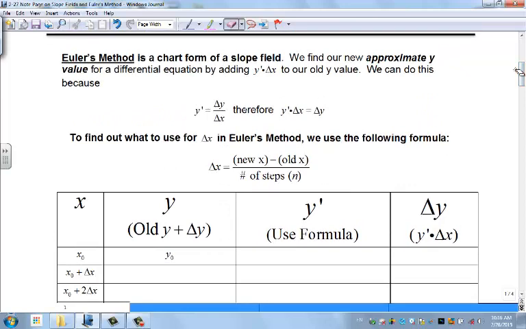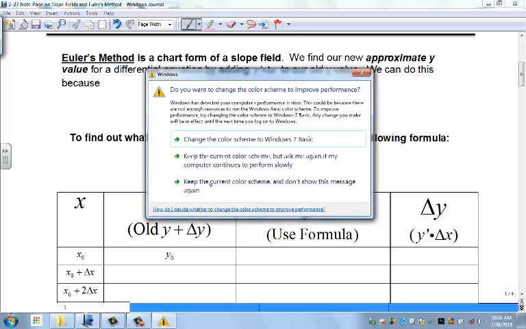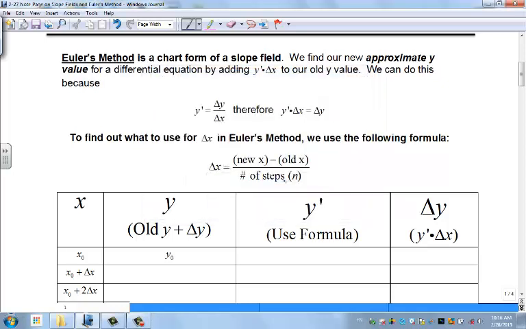Euler's method is a chart form of a slope field. So we find our new approximate y value for a differential equation by adding y prime times delta x. Now we're going to be given a formula for y prime, and we're either going to be given a delta x or we're going to figure out what delta x is based on endpoints and the number of subdivisions. So we add that y prime delta x to our old y value and we get our new y value